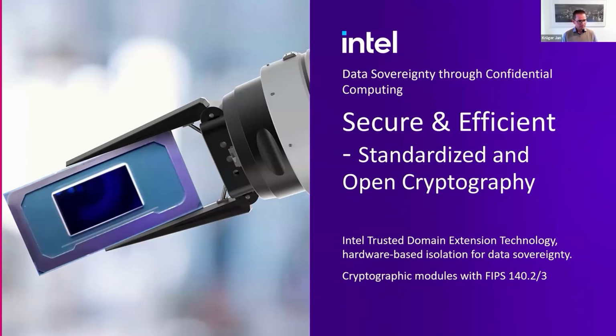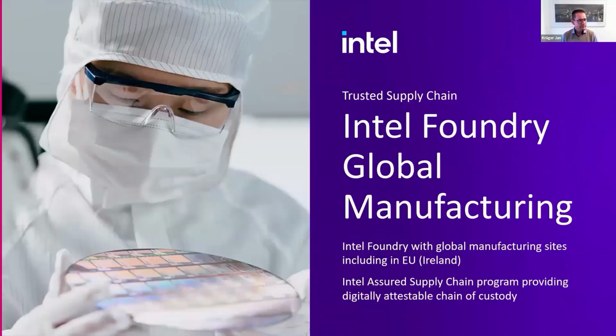The other aspect, if you move one thing ahead, is on trusted supply chain, right? So this is a topic that is particularly relevant for us. It sounded a bit odd maybe to you as being a consumption point at the end of the day, but Intel has a global manufacturing footprint. And I said at the beginning that we have certified all our processes within the foundry to comply with various regulations. But we also have a foundry in Europe, on European soil, in Ireland.